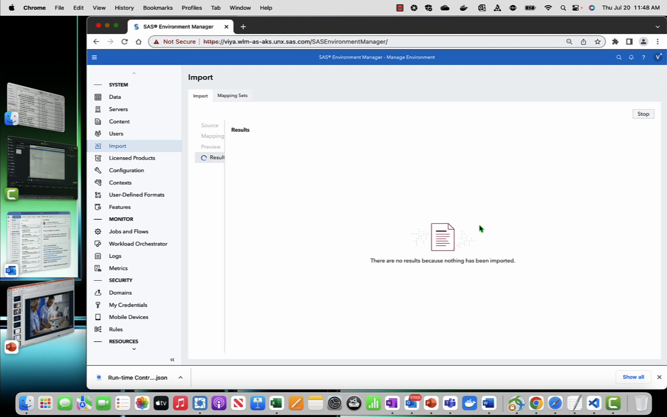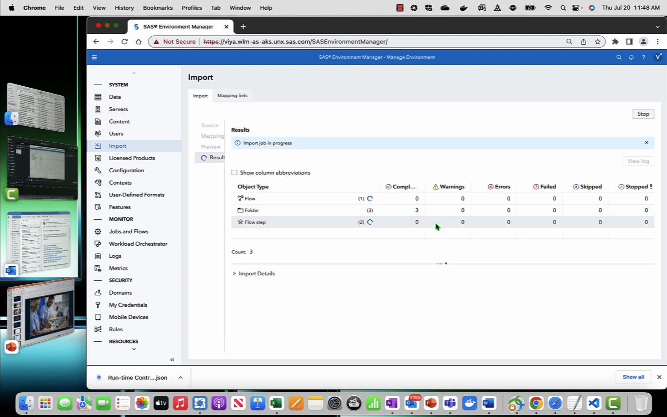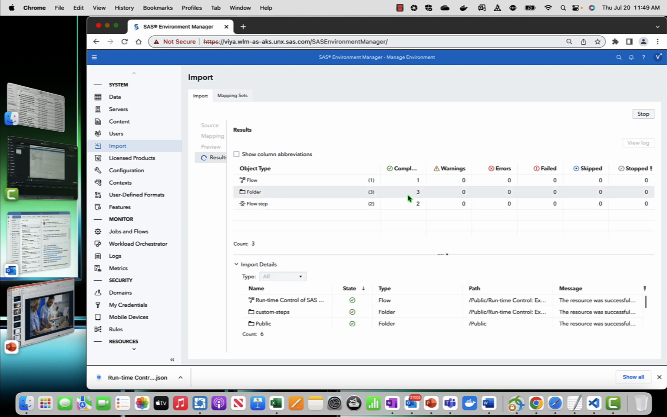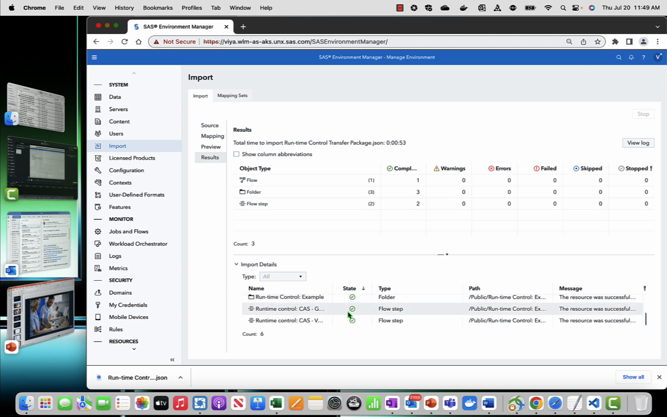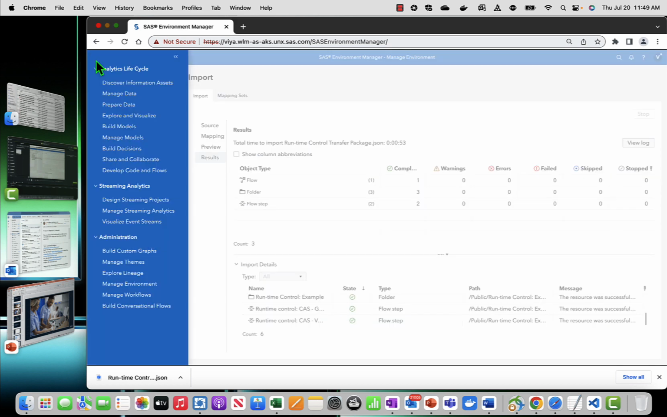Click on import, and after a short while, you'll notice that all components have been imported successfully. Alright, we find that it has imported successfully, and you see that all components are in fact inside my environment. When you move over here